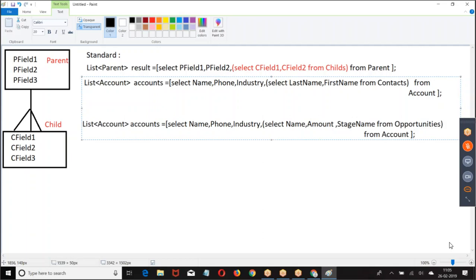This is how we create. Select name, phone, industry, select name, amount, stage name from opportunities from account. Now why? It is a standard relation.